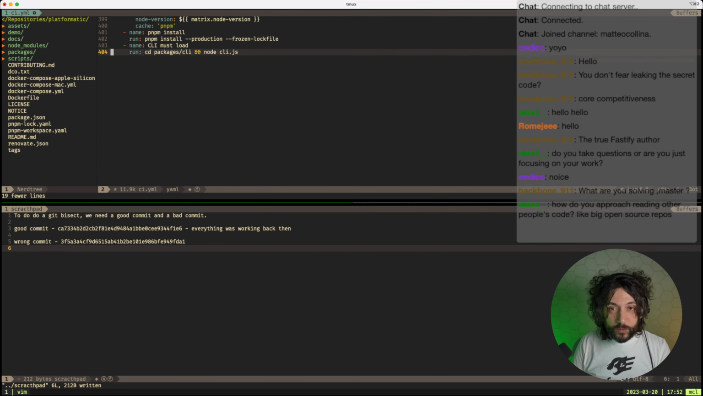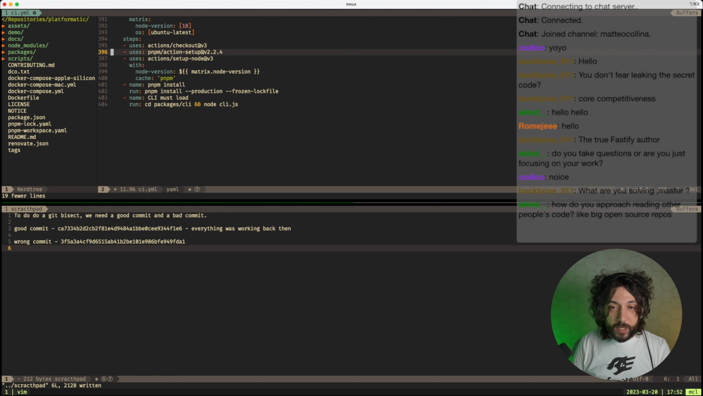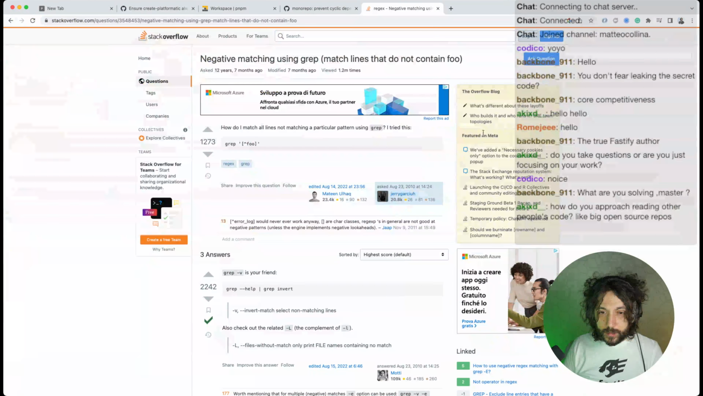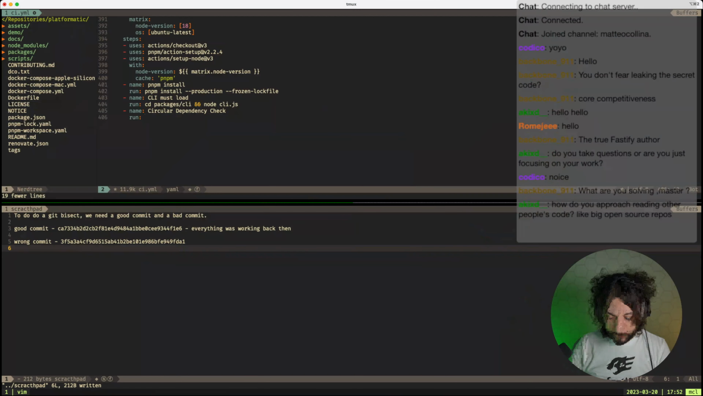Let's do... Yay, I would do that. Okay, production, this is good. Then we do a name, circular dependency check, and I need to run, and so I'm doing npm install and redirecting this into out,